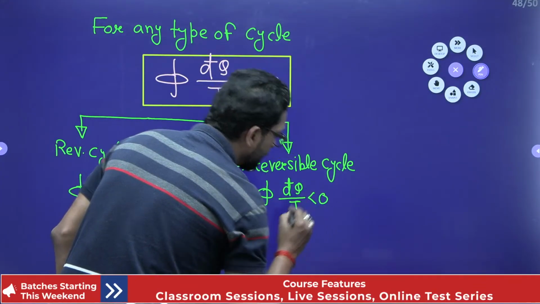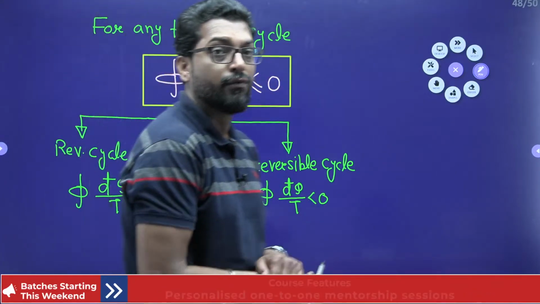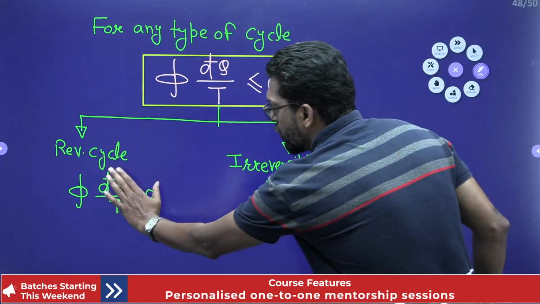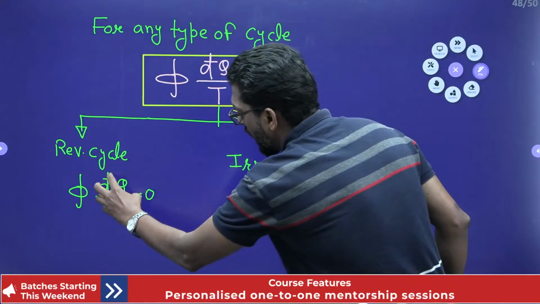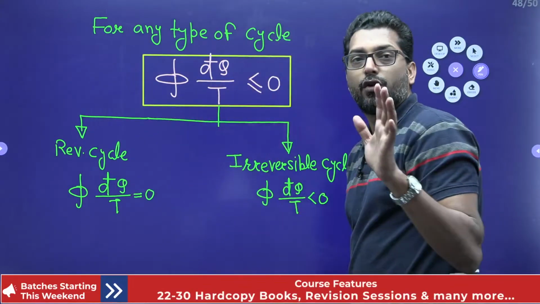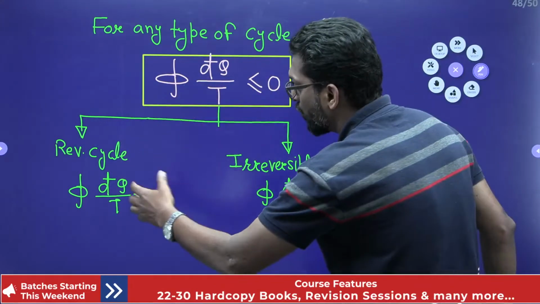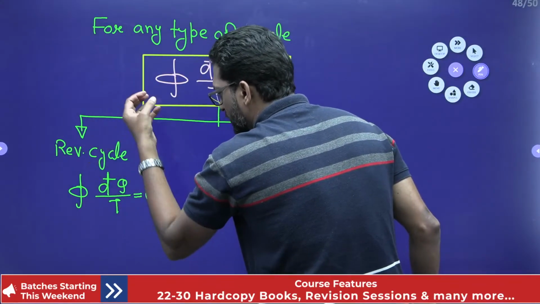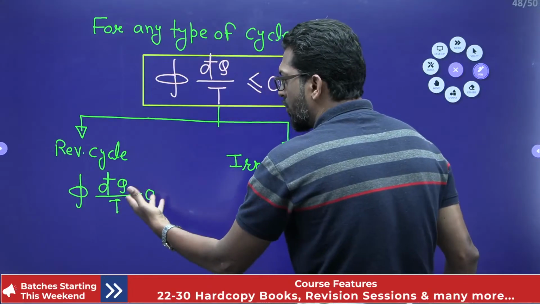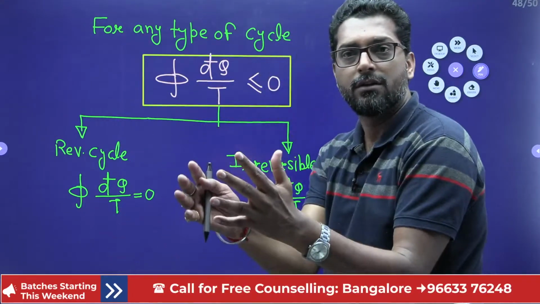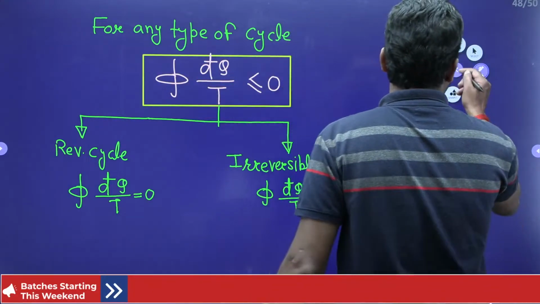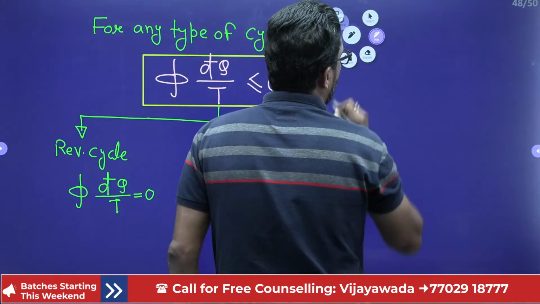See my dear, this is a very important observation. This is the absolute value, no problem. That means this quantity gives the absolute value which is 0 in the cycle. That means when the device is operating in a reversible manner, this quantity, heat transfer divided by the temperature of the system boundary, summed over all, is 0 if the cycle is reversible. You can think like that, beta.